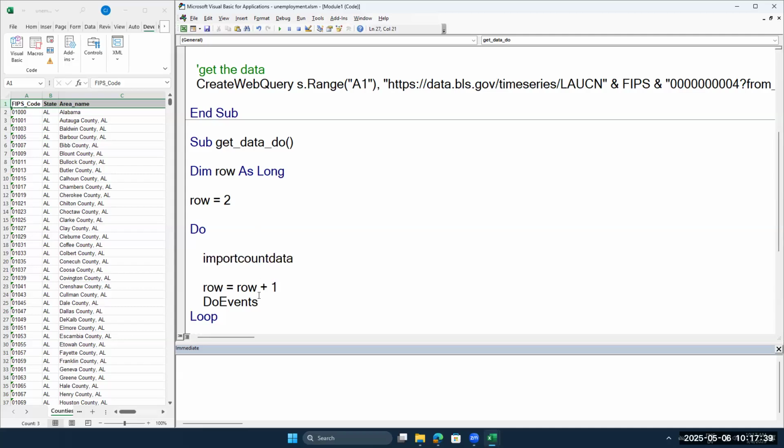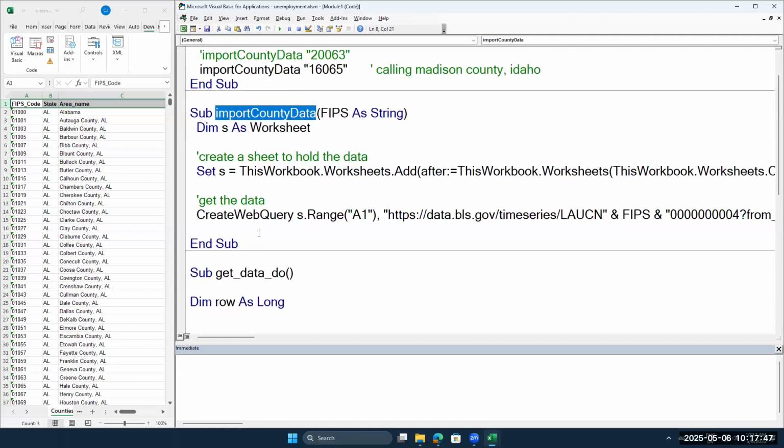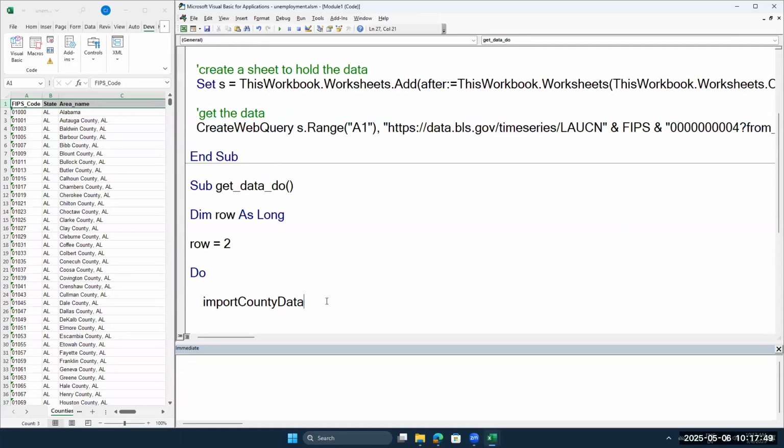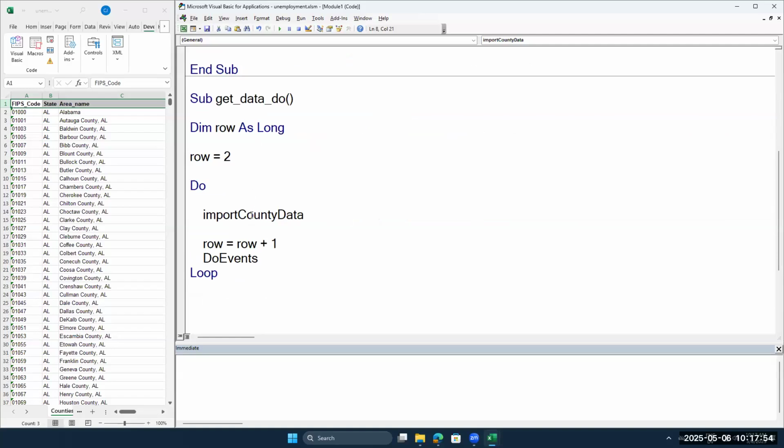And where am I getting that from? Let's see if I can spell it right. ImportCountyData. That's the name of this sub up here. So I'm calling that sub from inside this loop, right? Here's this name up here, ImportCountyData. I'm just using that exact sub. I'm saying I want you to run this sub. And the one that I want you to run is